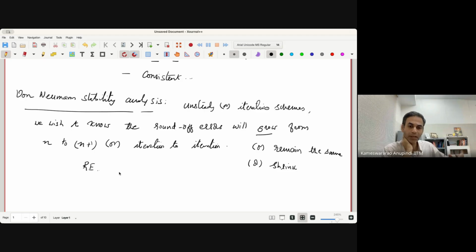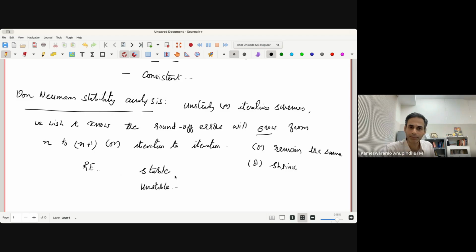Because it will go to a very large value. If the round-off errors remain the same, or shrink from time step to time step or iteration to iteration, then we call such a method a stable method. Otherwise, we call the method unstable, and we will not be able to use an unstable method to calculate anything